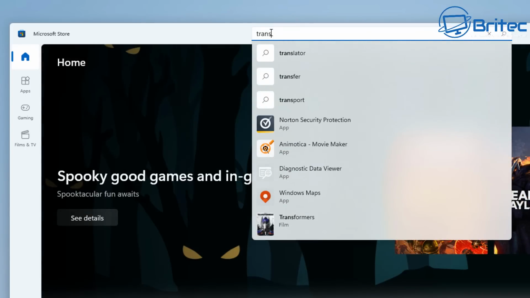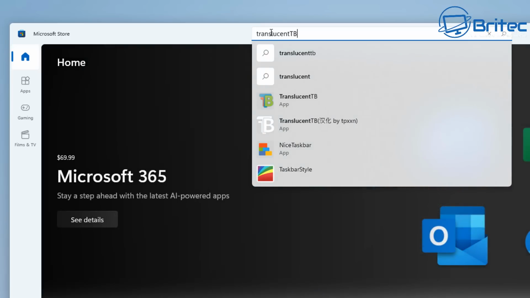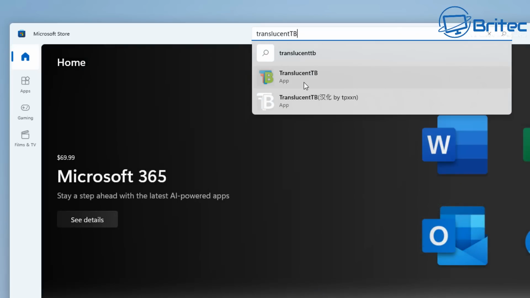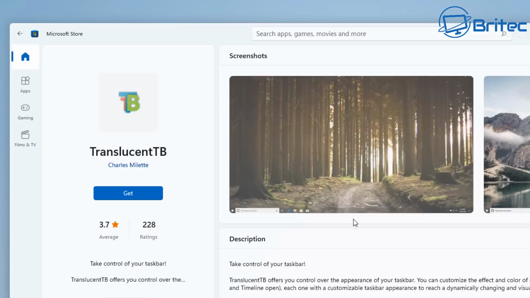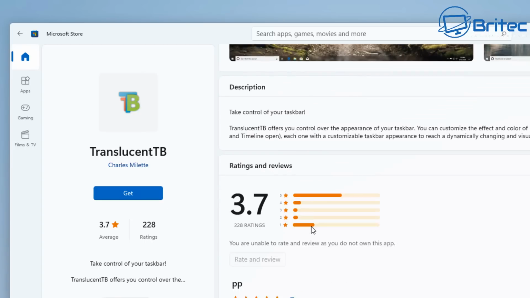So just put Translucent, just like so, and then put TB on the end of it here. And you should see it pop up here, just like that. Once you get this, you can click on Get. It's free to use. You can see the creator's name is there, and just push Get, and it will install